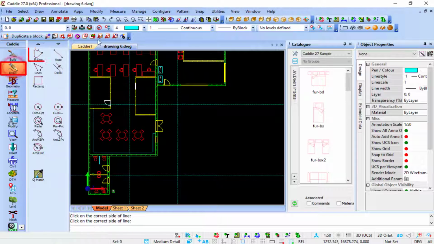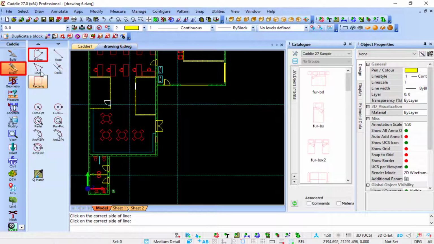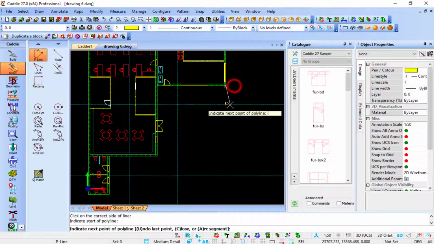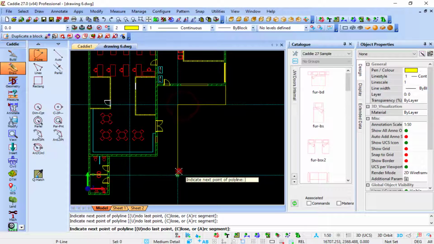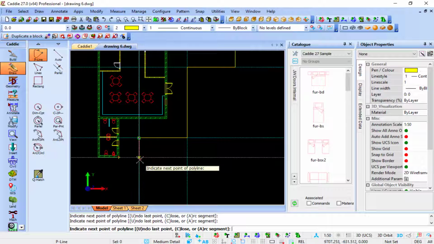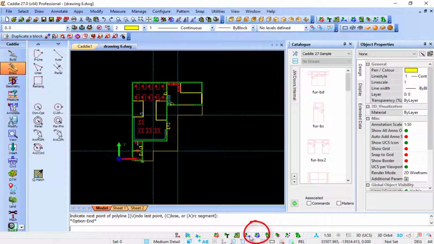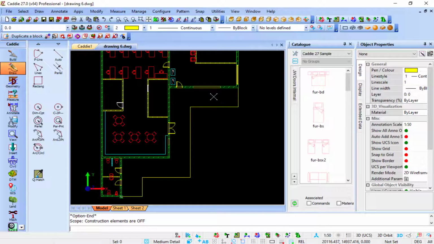So all I have to do is I'm going to change to a different pen color, and I'm going to say, right, let's start with a polyline from that point up to there, up to there, up to there, and then I can say I've got polar snap, keep it in line up to there and there. So E for end, and let's switch off the construction lines,